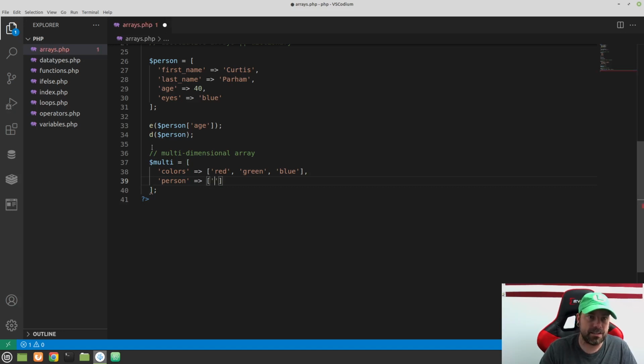And now I can say first Curtis, last Parham, age 40. All right, so I have an array with other arrays inside of it, and in fact I can nest these as deep as I want,